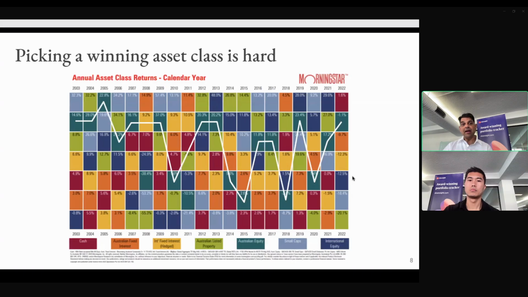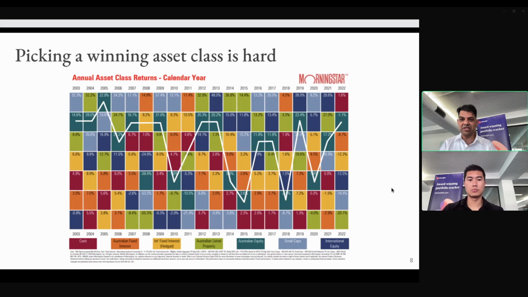Okay, and coming back to a particular asset class, now this is a chart from our friends at Morningstar. What they do is look at various asset classes and the best performers in each of these calendar years. You can see here that the Australian market has a different position. We've just concluded the Olympics. We are not the gold medal winners, or even silver or bronze medal winners, in any particular year. So every year, the type of asset class that is accessible directly via the ASX is